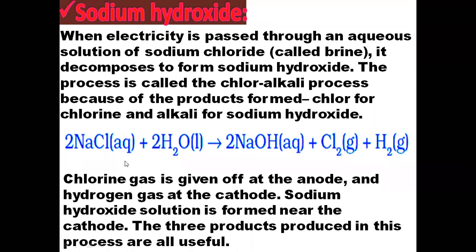Now the words cation and cathode are similar, but the charges are different. The words anion and anode are similar, but the charges are different. So how to remember it? Just remember one thing: in anion we have two N, two alphabet N, and N is for negative, so anion is negative. Now if anion is negative, what is anode? So anode will be positive.